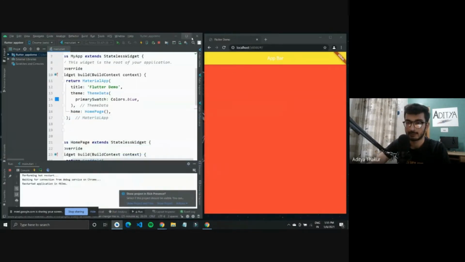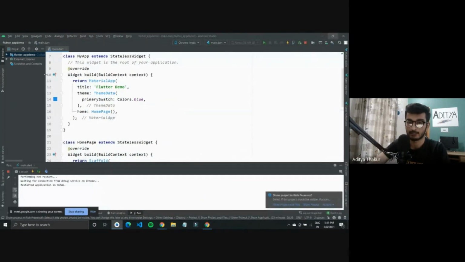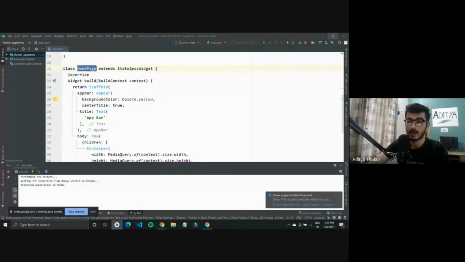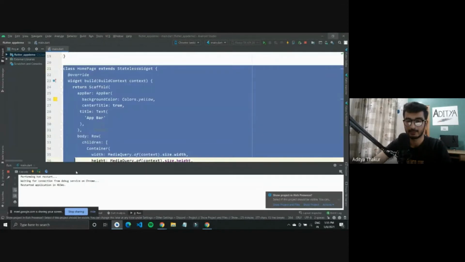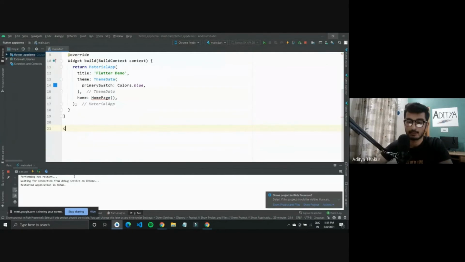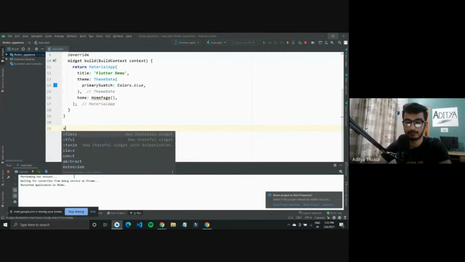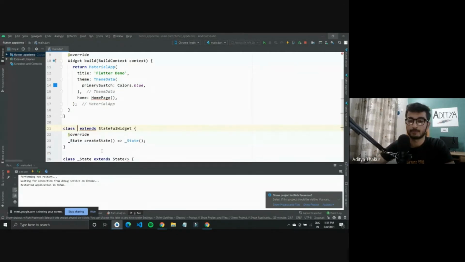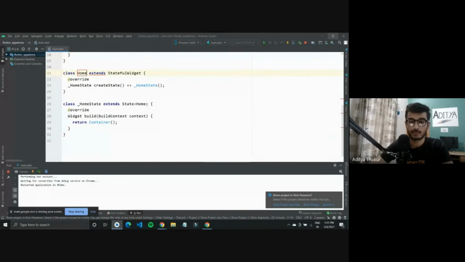But what I can do is I can show a stateful widget right now. So we were using homepage as a stateless widget for now, but I'll just get rid of this here, and I'll type in class homepage. What I'll do is I'll create a stateful widget. So I'll type in stful. I'm getting these options because I have the plugins installed. You can have the same on Visual Studio Code, and once you type all these in short, you would get all the options. So you can type in stateful and it should write the code for you. So you just have to type in the name of the widget as in home page.